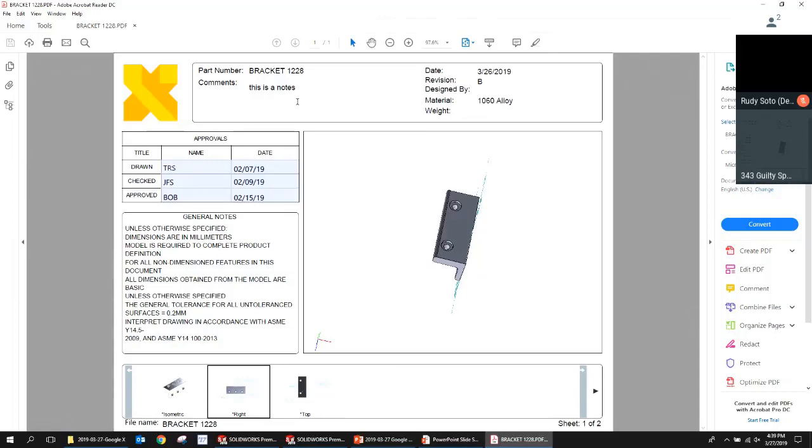Question? Are you restricted to letter format, or can you go any view size? You can go whatever size you want. Yep, I can show you when we get back into the software. I'll show you the editor, how you can control that. In fact, I'll just show it to you now. So the question was, are you restricted to this size? And the answer is no.